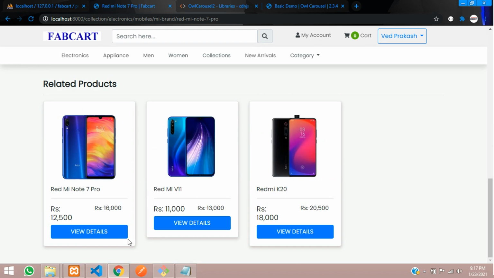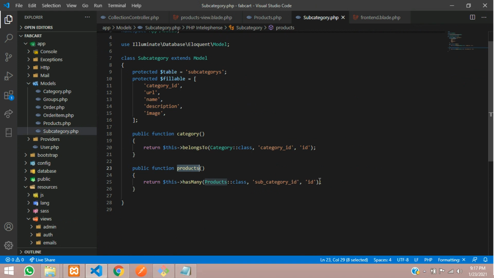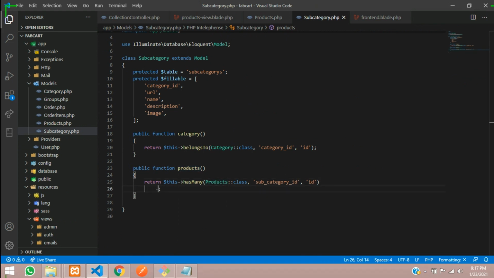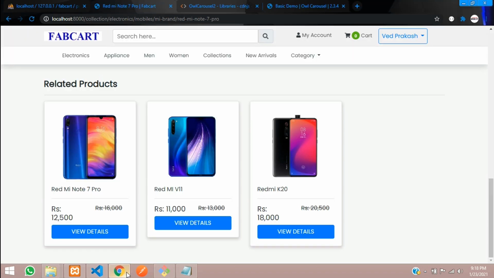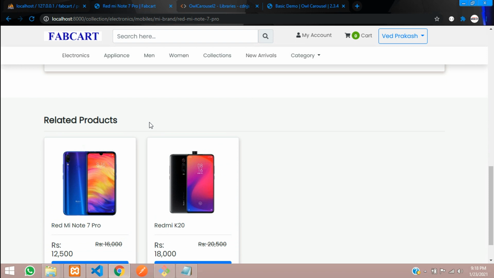So for this, what you have to do, let's go to our relationship where we have given this has many. Let's go to a subcategory, and inside this, where at the semicolon you have to pass this, where function, inside this you are going to pass the status, and it should be 0. So when it is 0 only, that time only it should show. Okay, so let's get back. Let me just refresh now. So once you refresh, that product will be not seen now. So this is how you show all the details of your product by using relationship. So this is related products done.